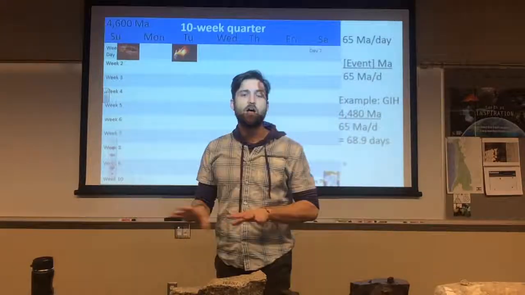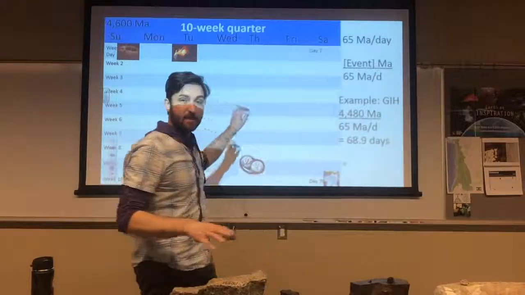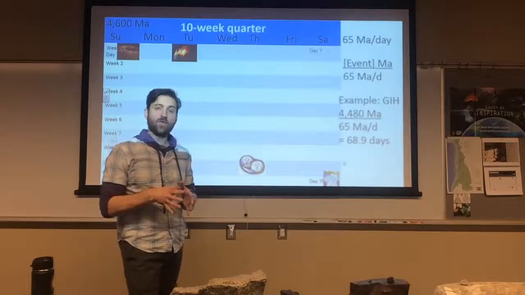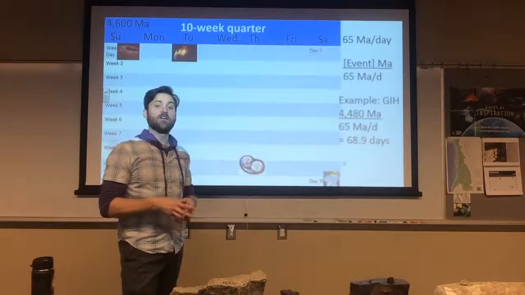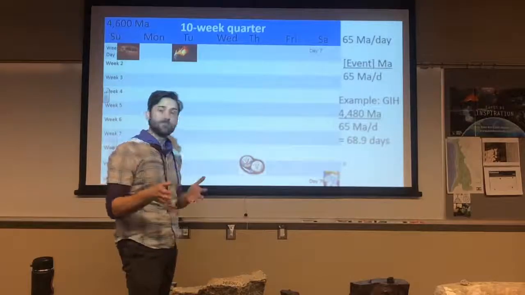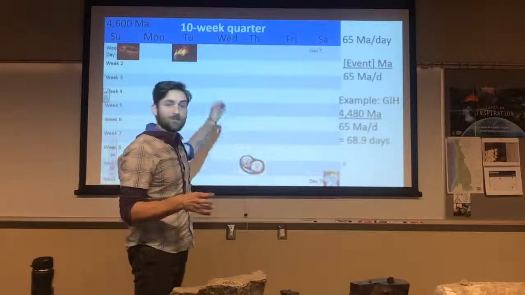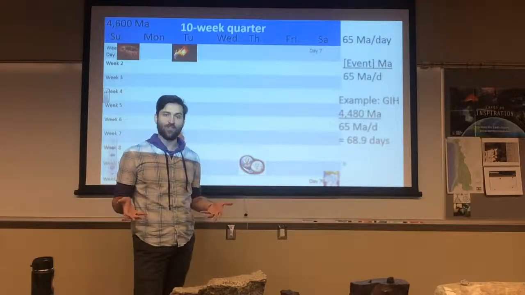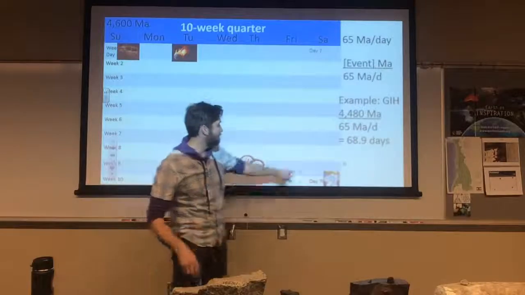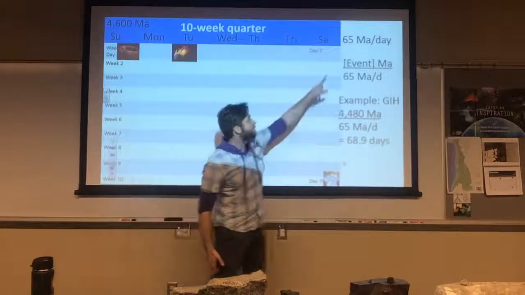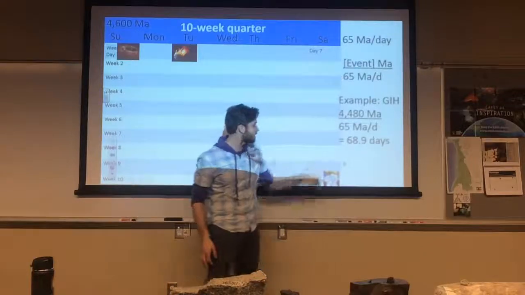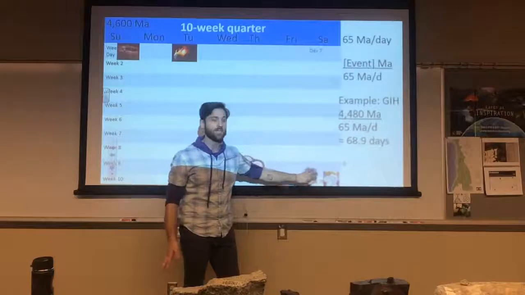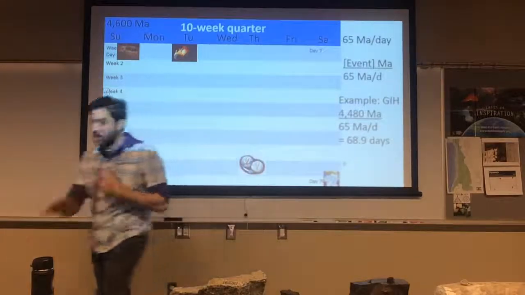After today, we will have a few more things to place on this calendar, which we'll do during the lecture. Next week, we have a few impacts that occurred at different times in geologic time that we'll be able to place on here too. For instance, 65 million years ago, the dinosaur killing asteroid, that happened 65 million years ago. If every day represents 65 million years, then that happened right here between day 69 and day 70. Okay, so we'll be able to place that there. All right, moving on then.